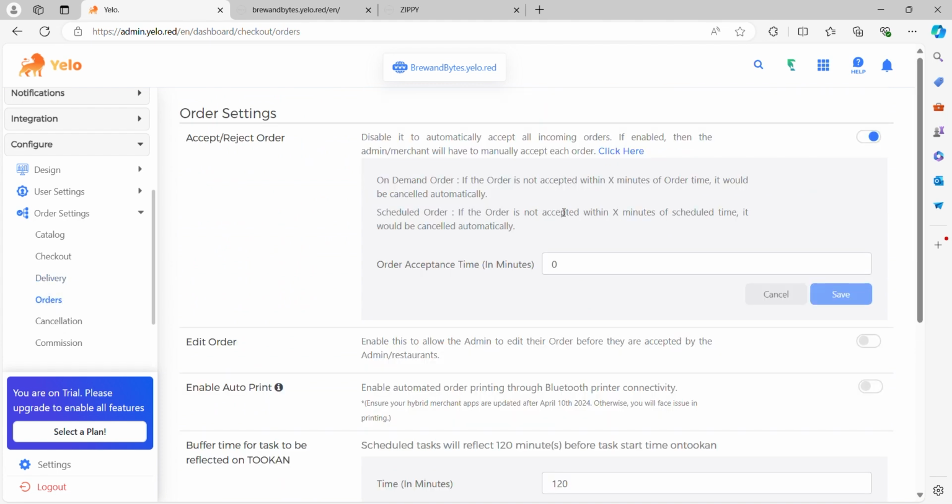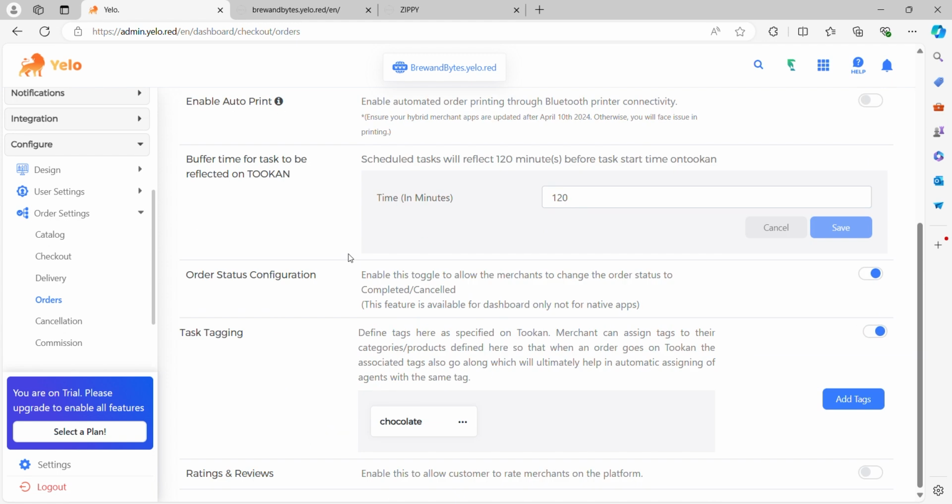Orders. Again, if you want to manually accept the order, you can just enable this. If you disable it, all the orders will be automatically accepted. Again, task tracking, rating, and review. If you enable this to allow the customer to reach merchants on the platform, so you can just enable it. Since I am on a trial plan, it is not getting enabled now, but it can be done as you